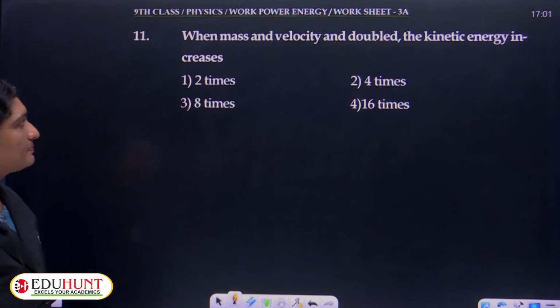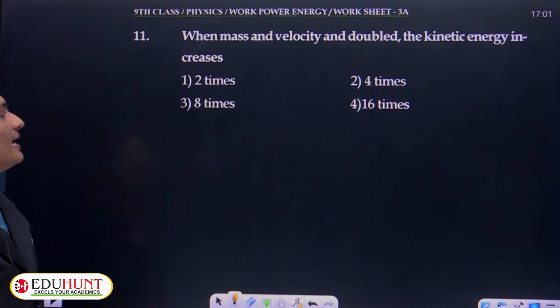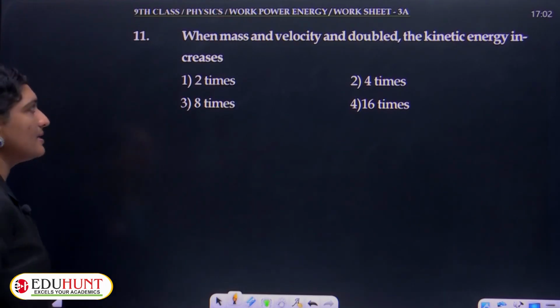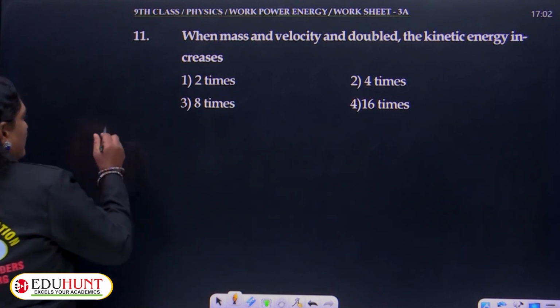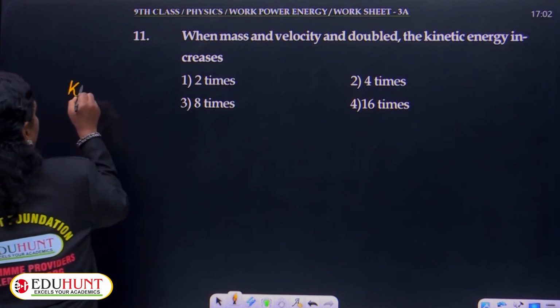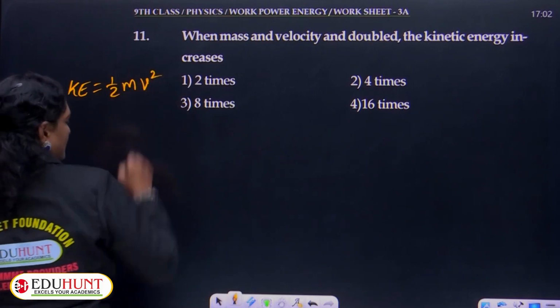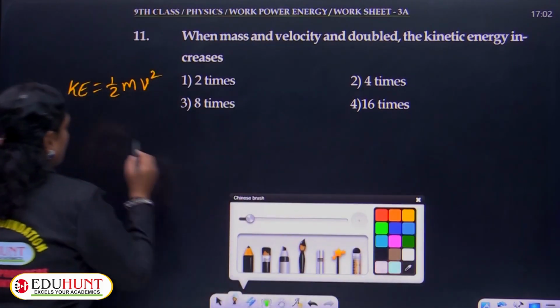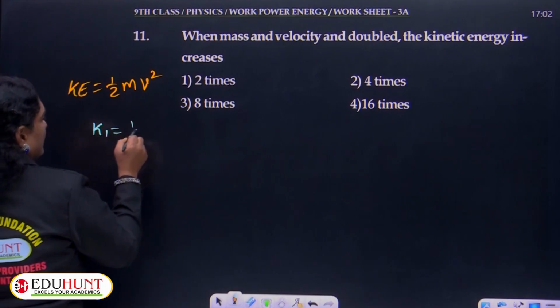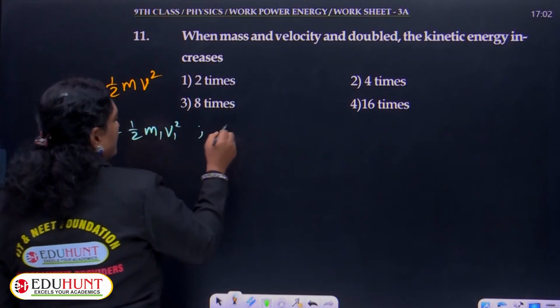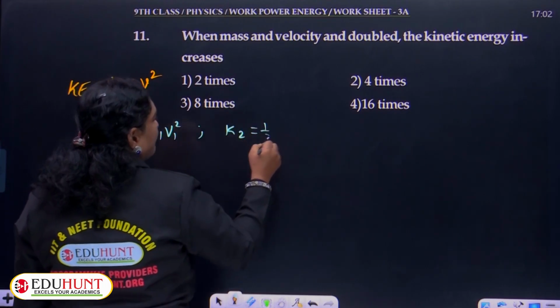11th one. When mass and velocity are double, the kinetic energy increases by. So already solved this type of problem, but still let us continue solving this. So the only formula for kinetic energy is half mv square. So taking the values, k1, I'll take it as half m1 v1 square, and k2, I'll take it as half